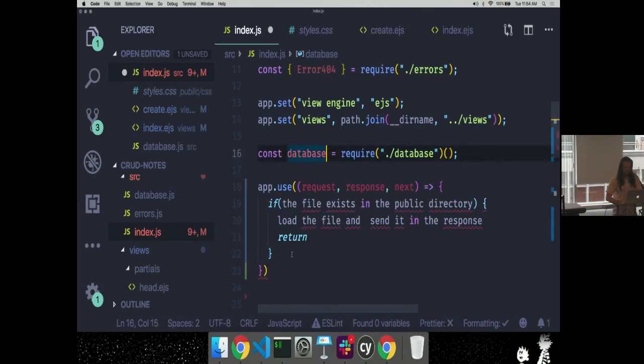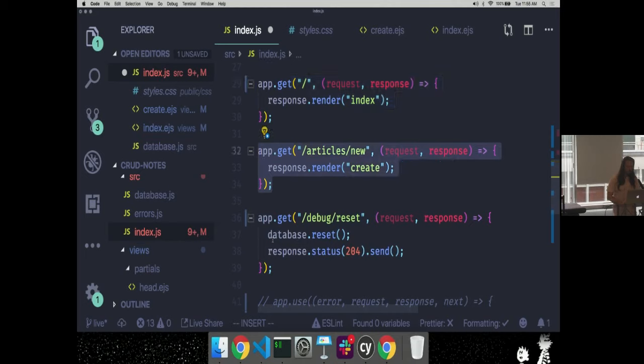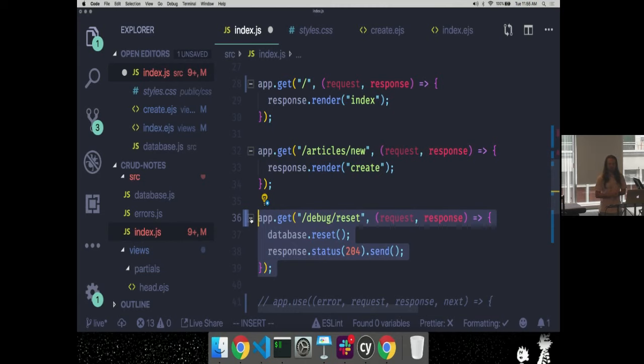But if we do not find that file in the public directory, which means it's a request that is not for a file in our public directory, then we don't hit that condition. What we want to do is call next. If we call next, it tells Express that we did not finish the response and that we need something else to take a look. So it'll go to the next handler and see, are you my handler? And then, are you my handler? And eventually get to the end and 404 not found, maybe, right?